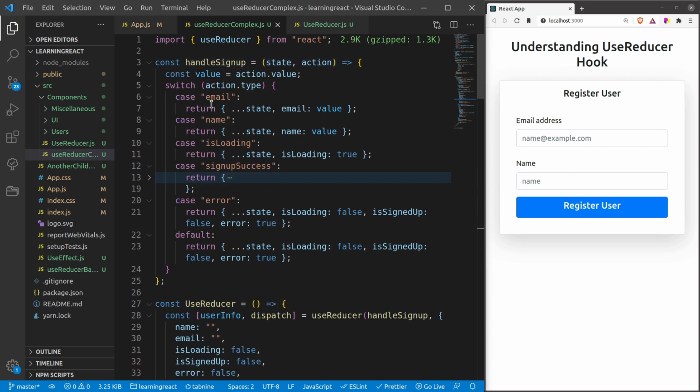You can see that here we have email and name for handling these change states. You can even use a single value here. There is a trick where I can use the form name, field name, and then you can do that. But for now, let's not go in that direction because my intent for showing this demo is to actually understand the key differences of use state and use reducer.